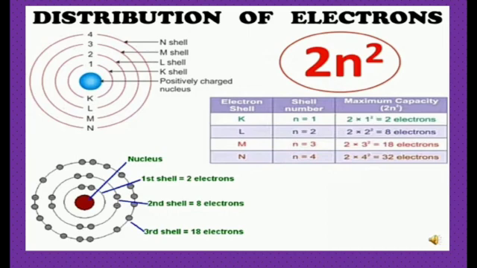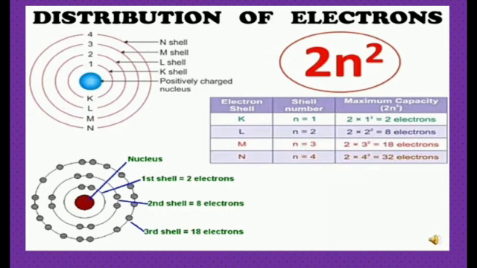Look at the next diagram. You can see electrons over there. The first shell, that is the K shell, can accommodate only 2 electrons. Just see the diagram, children. The center nucleus is shown there in the red part. Next is shell number 1. Just count the electrons, only 2 electrons are there. So the K shell can accommodate only 2 electrons.